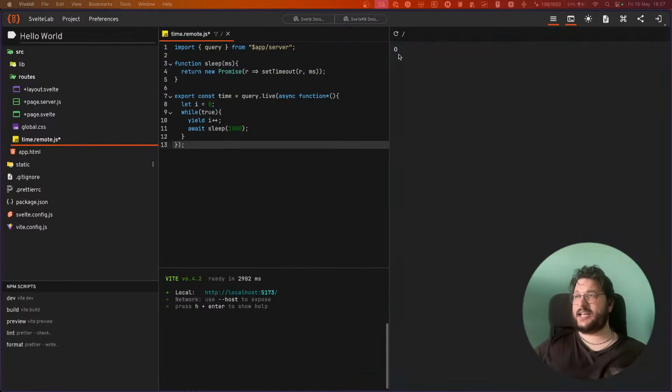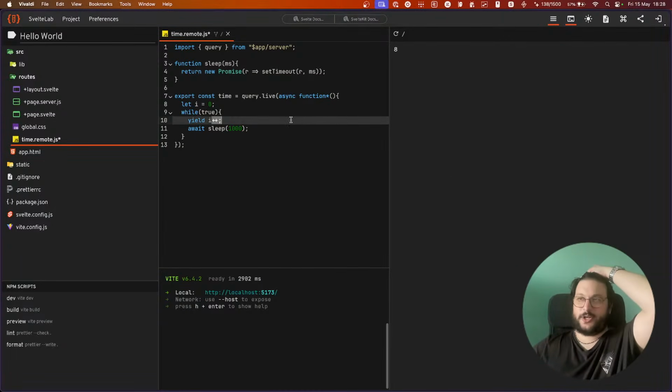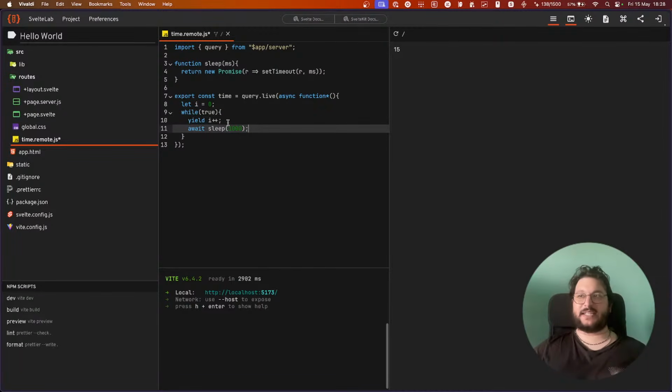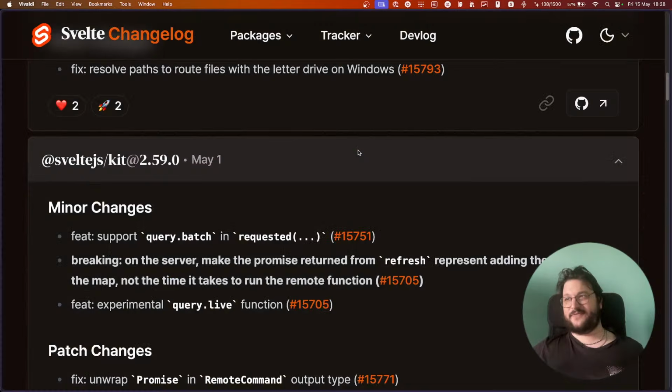As you can see, we can see 0, 1, 2, 3, and this will go on forever. In this case, we are just returning i++. But you can imagine that if this was live data we were getting from a WebSocket and then streamed down, we would get live updates very easily. So this is very exciting.